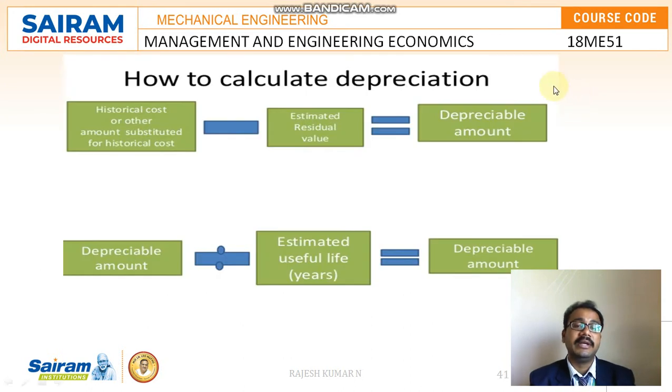And how to calculate the depreciation? This is very interesting and very useful. First is historical cost or other amount substituted for the historical cost, less the estimated residual value, which is equal to the depreciable amount. And the depreciable amount, divided by the estimated useful life in years, gives the depreciation. Here I want to take one particular example, maybe a particular sword or a piece